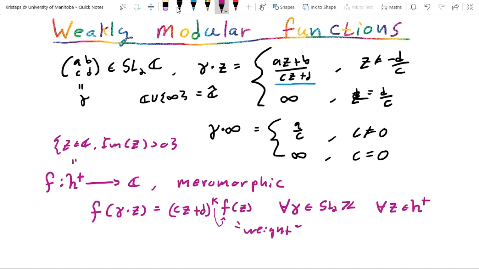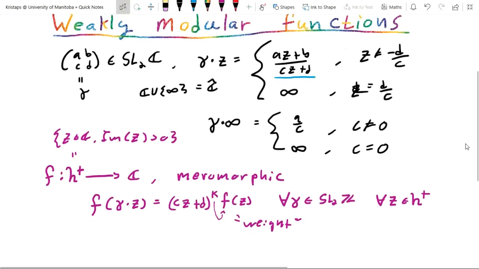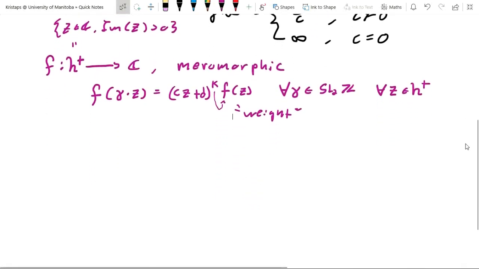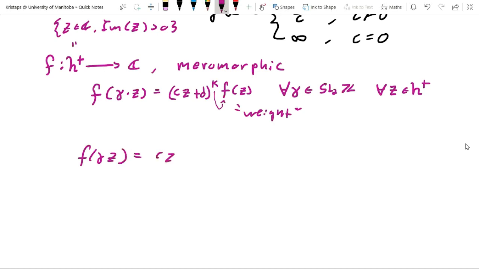So what I've defined here is really the weight k weakly modular functions. Now, for our purposes, at least for the forefront of this series, we will restrict only to integer values of k. And notice one thing right off the bat: if k is odd, then our transformation property tells us that f of gamma z is equal to (cz + d) to the power of k multiplied